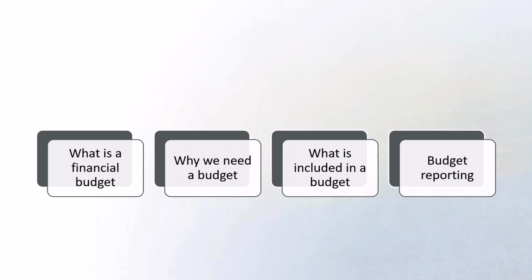Okay, and then we're going to talk about, well, what is included? When I go to create a budget, what should be in that budget? And the last but not least, we are going to talk about reporting. Okay, so how do we use the data? We've built our budget. We've got everything we need. Now we want to look at the reporting to make those decisions. Okay, so first